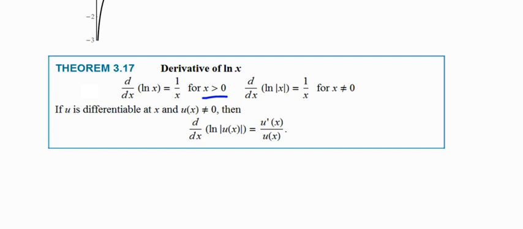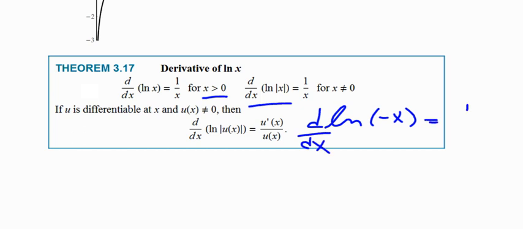Our second derivative in this box is saying the natural log of the absolute value of x, the derivative is still 1 over x. x can't be 0. Why is that possible? Well, just think about it. What if I had a natural log of a negative x,